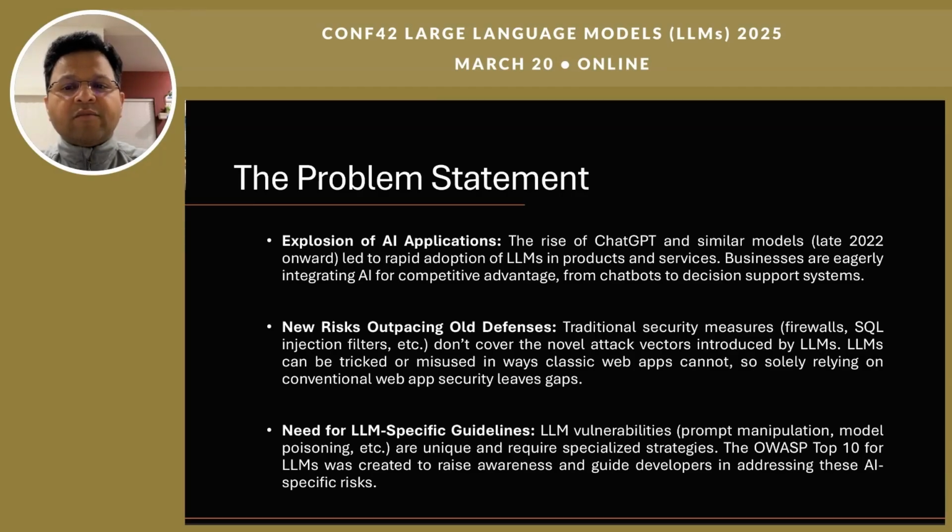Because LLM vulnerabilities often stem from how models process text and learn from data, unique mitigation strategies are required. The OWASP LLM Top 10 addresses these AI-centric issues, offering targeted recommendations on preventing prompt injections, securing training data, and more. By adopting these guidelines, developers can stay ahead of the curve in this rapidly evolving threat landscape.